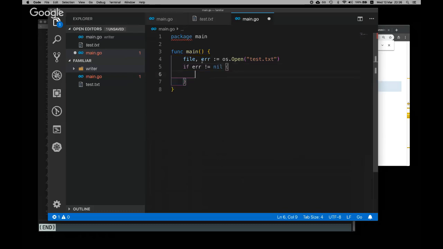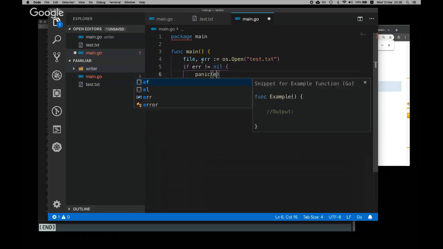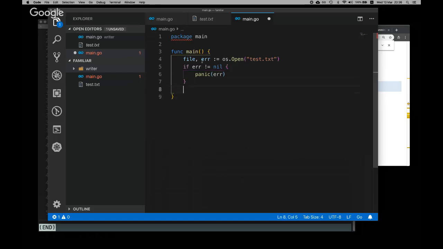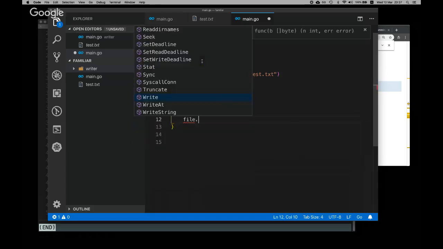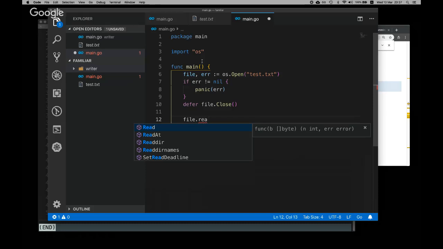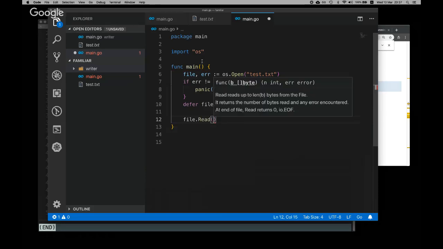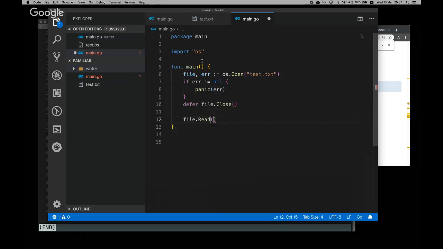It's very verbose, very repetitive for this, but unfortunately you have to get used to it. So write it. Okay, I have some